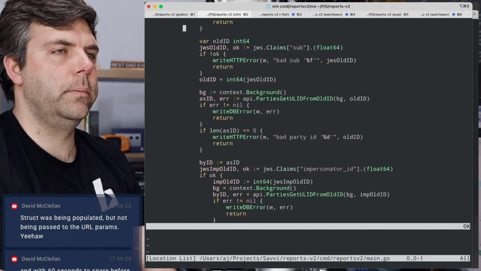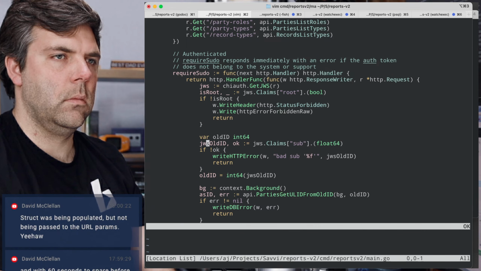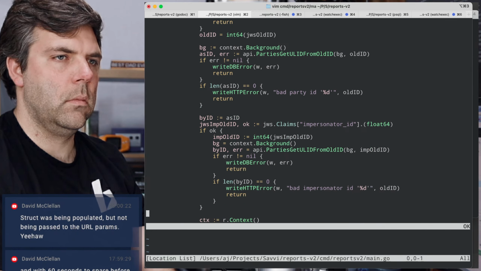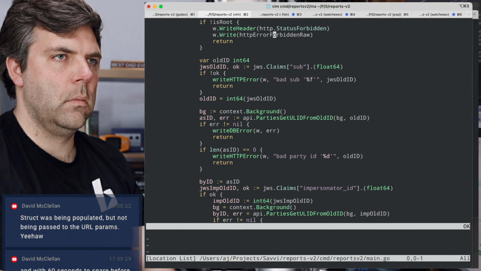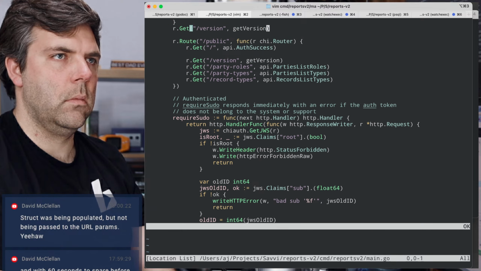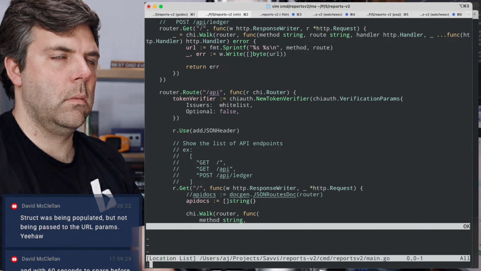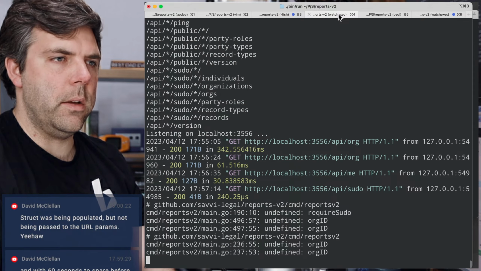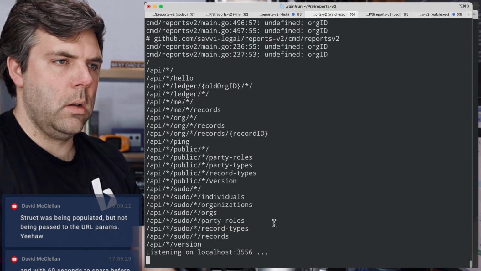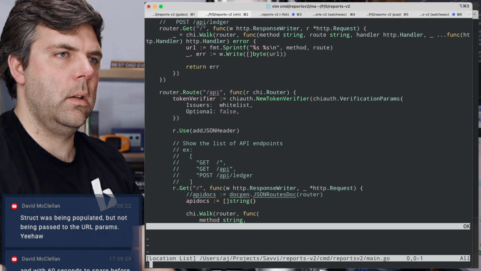Okay, that looks right. All right, let's see if everything still compiles. And it looks like it did.